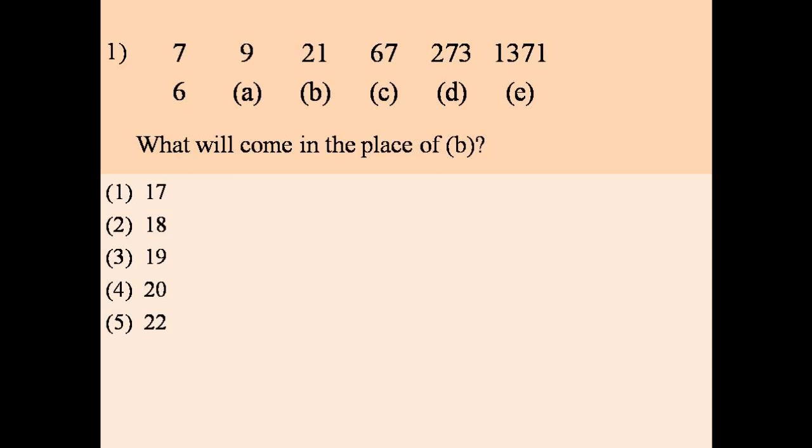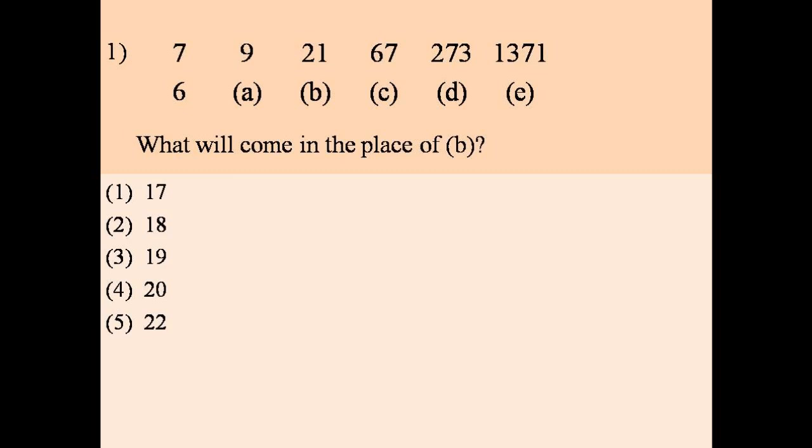We are not expected to find all of them. In fact, the question comes just below it: what will come in the place of B? But to find B, you should know A also, because from 6, A will come, and from A, B will come. C, D, E need not be found out. Suppose E is asked, you have to go right up to E. If D is asked, you have to stop at D. In this question, luckily you may have to go only up to B. But how to do it?